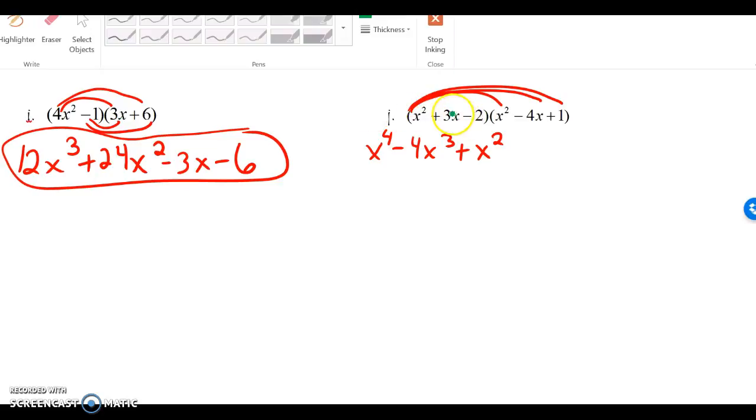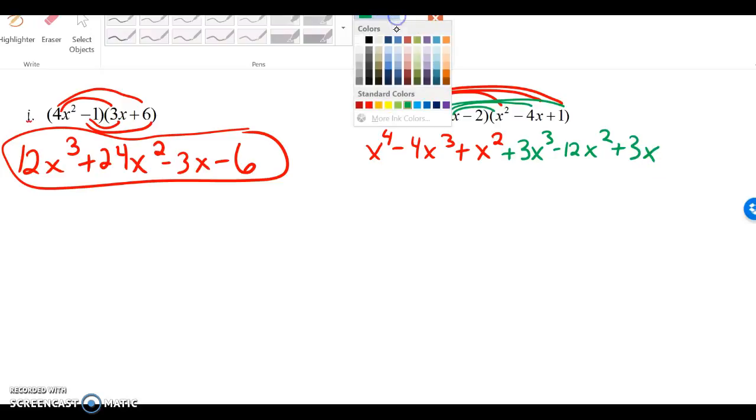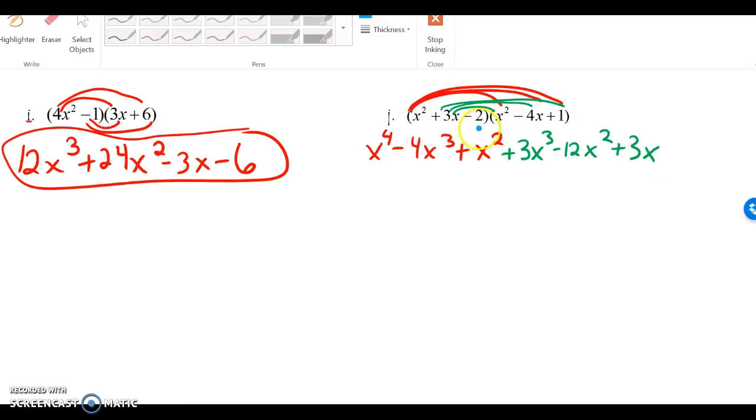Now I'll distribute the 3x, so that'll give me 3x cubed minus 12x squared plus 3x. And now I'm going to distribute the negative 2, so I end up with a negative 2x squared plus 8x